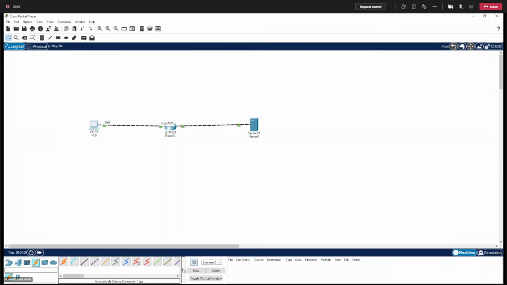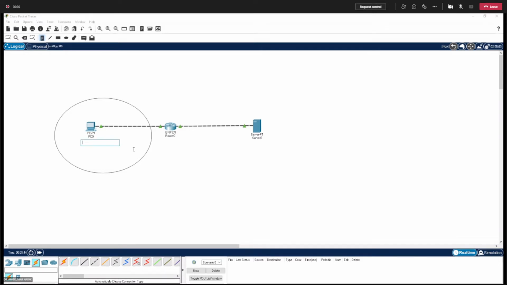Now network address translation. Let me explain you what is network address translation and what is the purpose of network address translation. So to explain you the network address translation, let me consider this portion as the portion of private network. This is the portion of the private network,